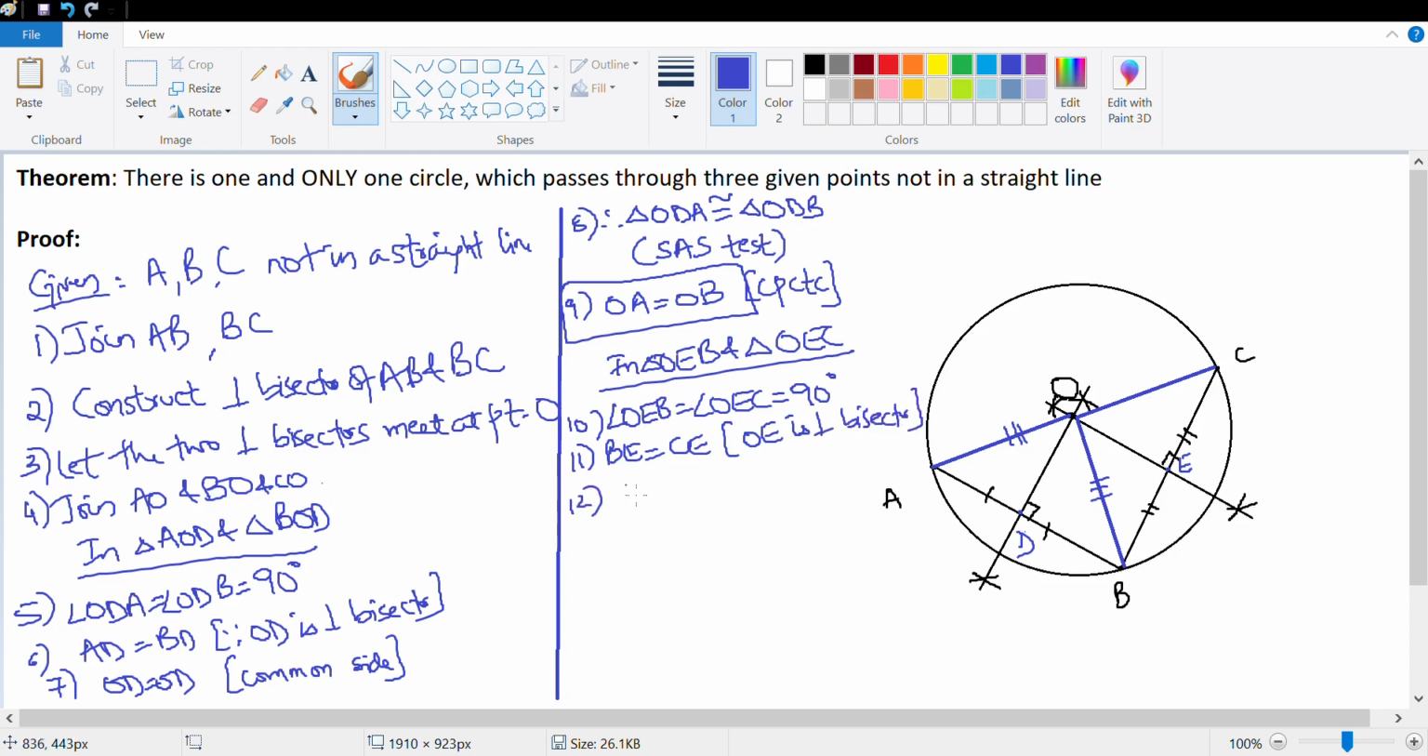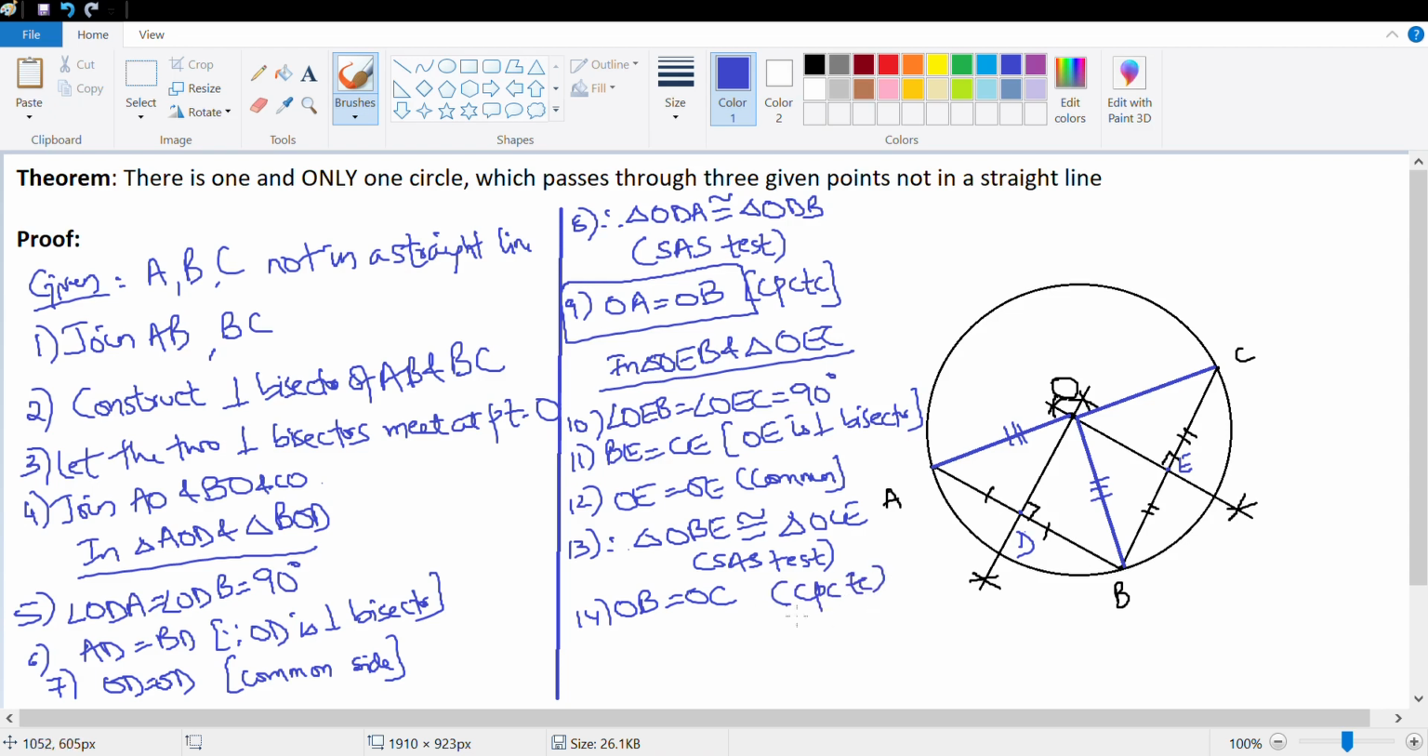Next one, OE is equal to OE, which is common. What this means is, therefore, triangle OBE is congruent to triangle OCE by SAS test. What we get from this is OB is equal to OC. This is CPCTC. So from the two results, what we get is OA is equal to OB is equal to OC, which